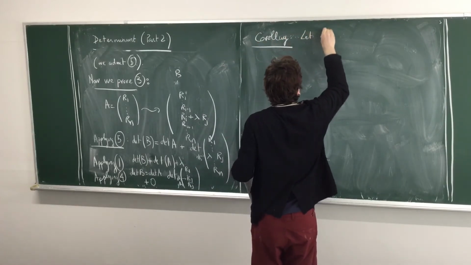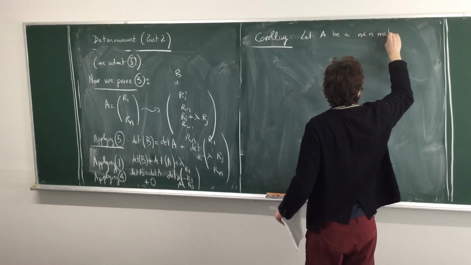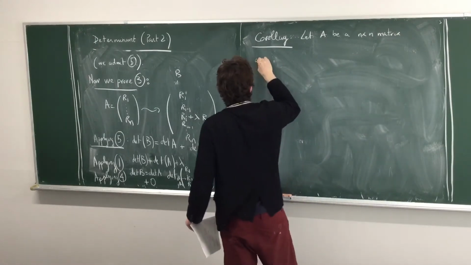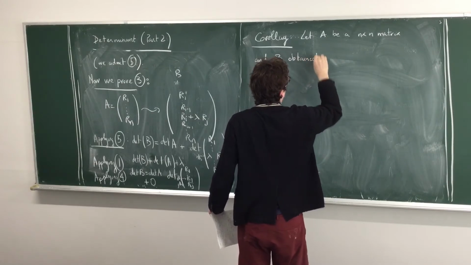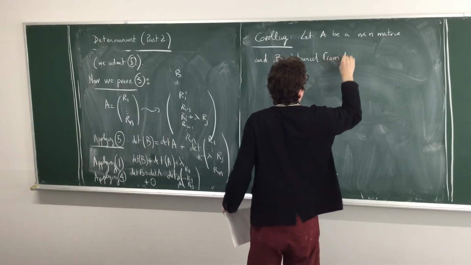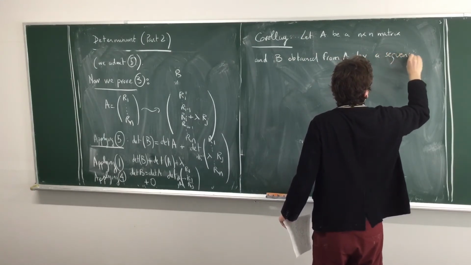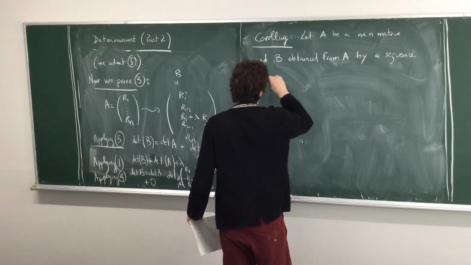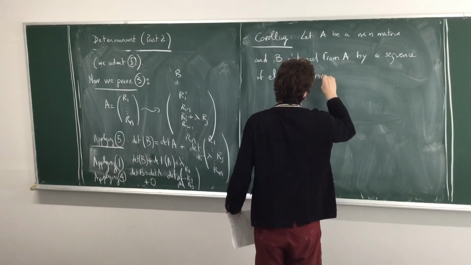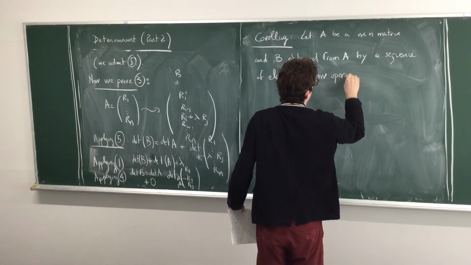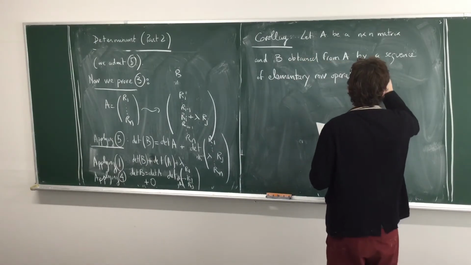Let A be an n times n matrix and B obtained from A by a sequence of elementary row operations, okay, a finite sequence,